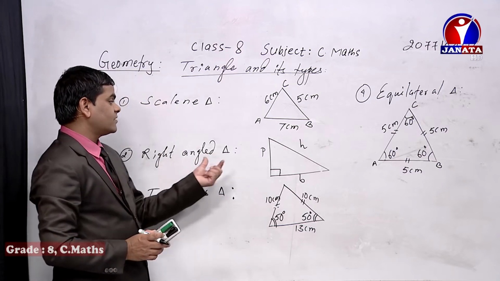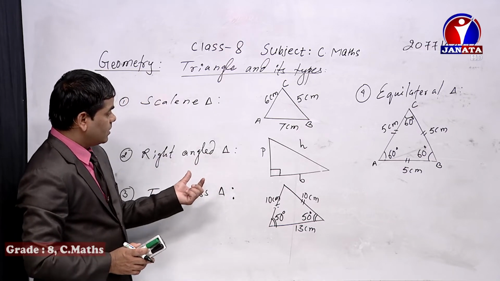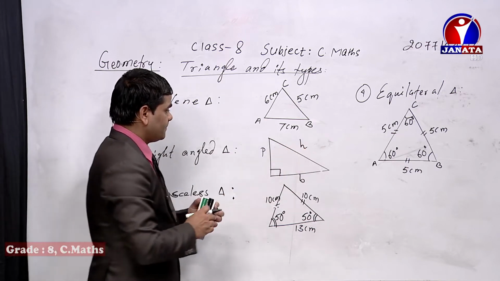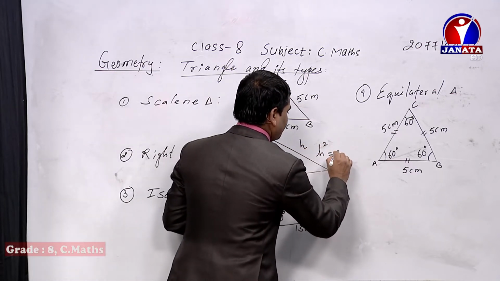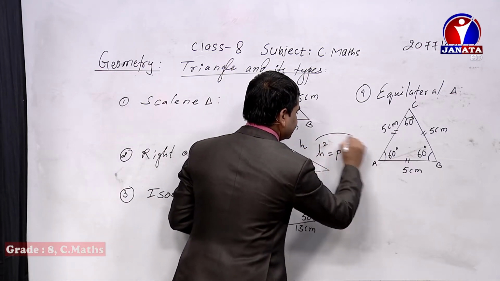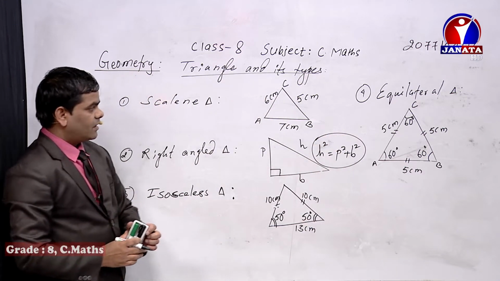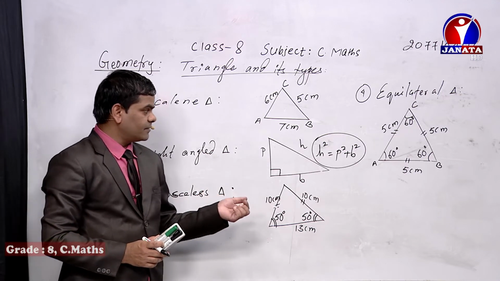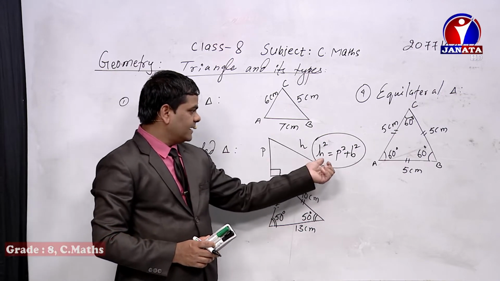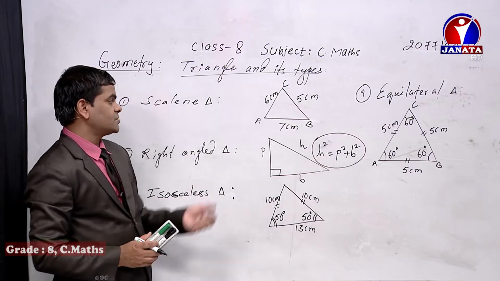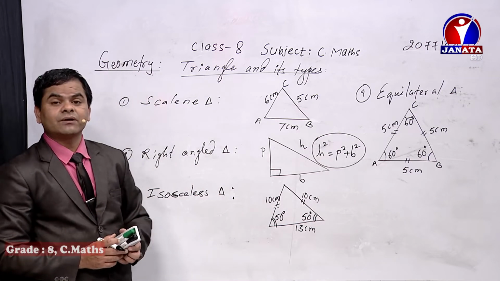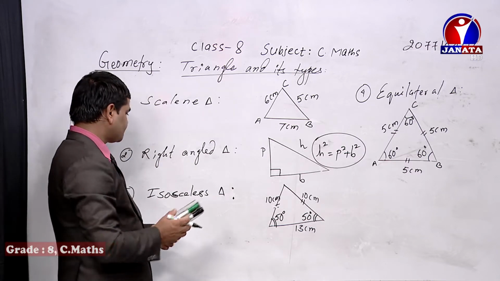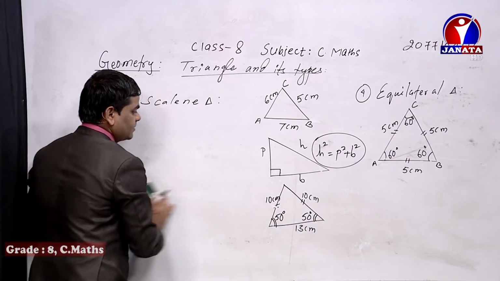And in case of a right angle triangle, a general formula to be known by you is hypotenuse square equals perpendicular square plus base square. This is the basic thing to be remembered by you. Pythagoras described or invented this formula, and when we consider the right angle triangle, we must know that the hypotenuse square equals the square of perpendicular plus the square of base. So these are the types of triangle, dear friend.